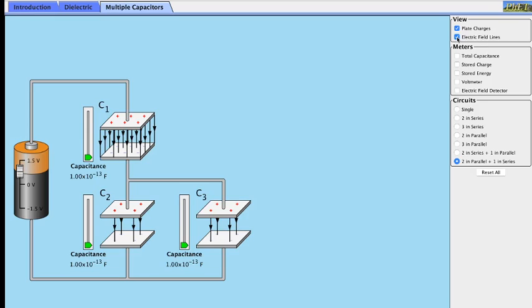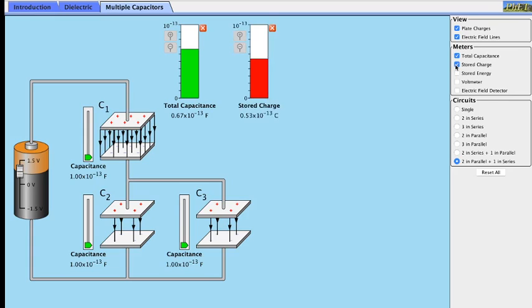Then the total capacitance also, so makita nyo yung total capacitance here. So ano ang total capacitance ng mga capacitor in parallel at tsaka in series. Then the stored charge, the stored energy, so ito yung mga total na stored energy. Okay, so total stored energy tsaka total stored na charge. So you can see here, so meron din kayong voltmeter tsaka electric field detector, but we can omit to that